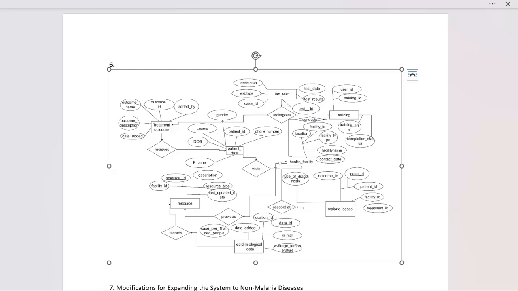We have the case entity, which represents individual patient cases with attributes like case ID, patient ID, facility ID, and type of diagnosis. We have the epidemiological data entity, which represents epidemiological data such as rainfall, average temperature, and malaria cases. So we also have, as part of our ERD diagram, the relationships, whereby